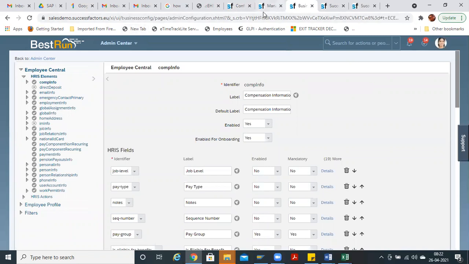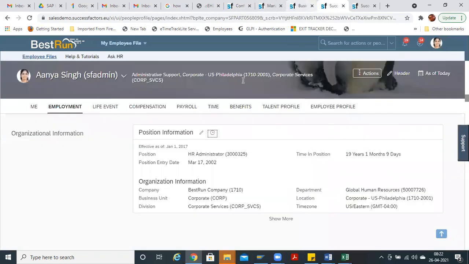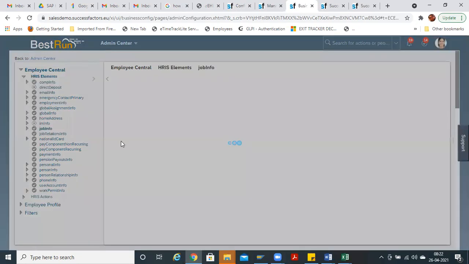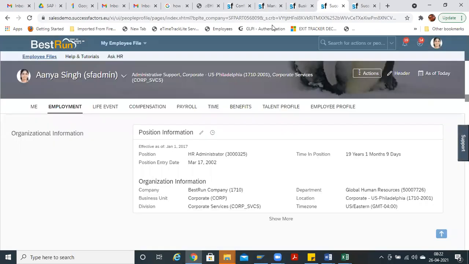So in order to make it appear in the front end, the employee file, you have to first search for job info, because under job info only organizational assignment will be coming. Organizational information.